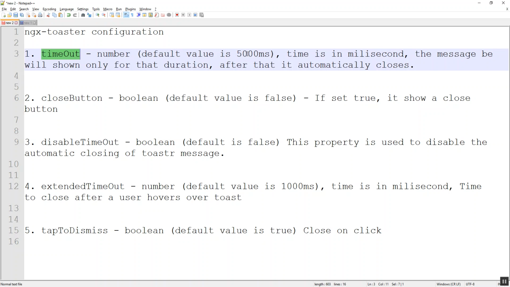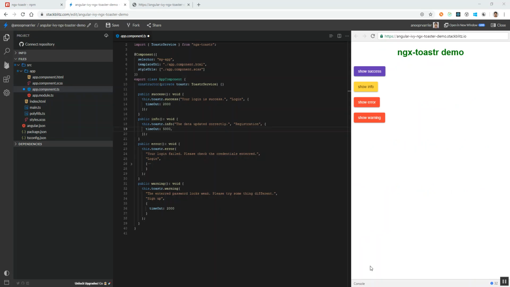We already have used this property in the last video. We gave a value of 2000 milliseconds for all the 3 messages that we showed. So let's quickly see the behavior of the timeout. Here, if you see, we have set a timeout value of 2000 milliseconds.